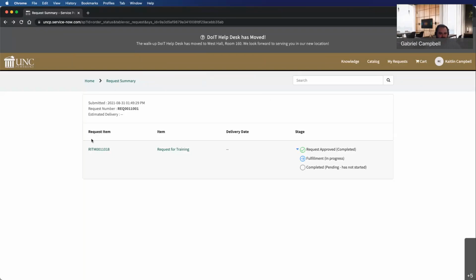So this particular one that I have here, that's a good question, is a request. This is the request for training. For requests, they have different stages, and different types of requests have different types of stages. Request for training is a very simple one, which is why I submitted that one. Request approved is usually the starting point. Fulfillment means that now it's in progress. It kind of gives you the little summary there. Complete means it's been finished. If I were to click